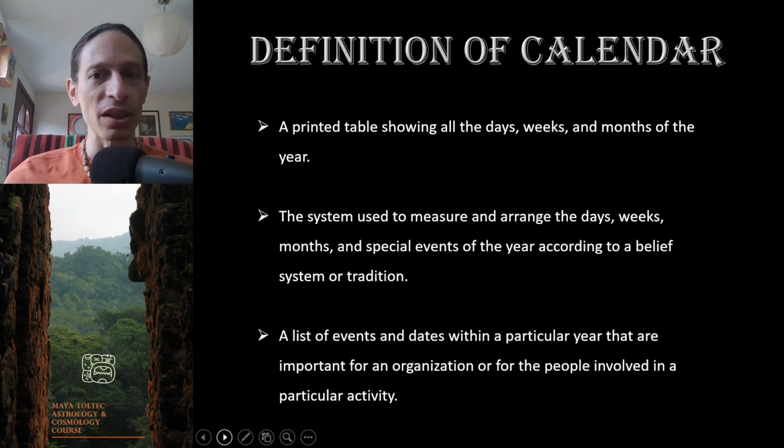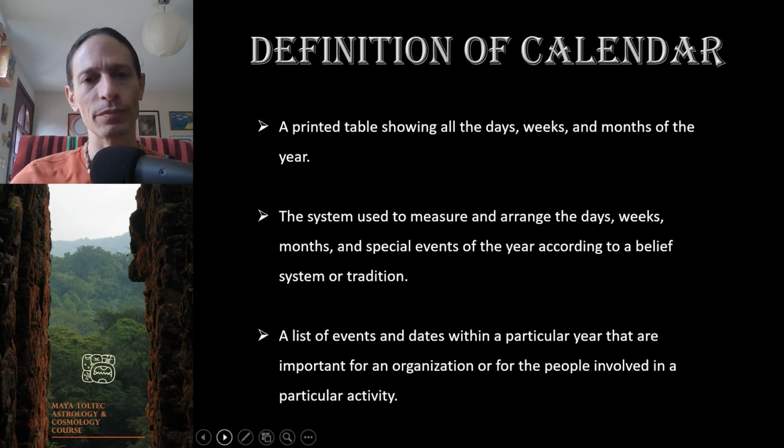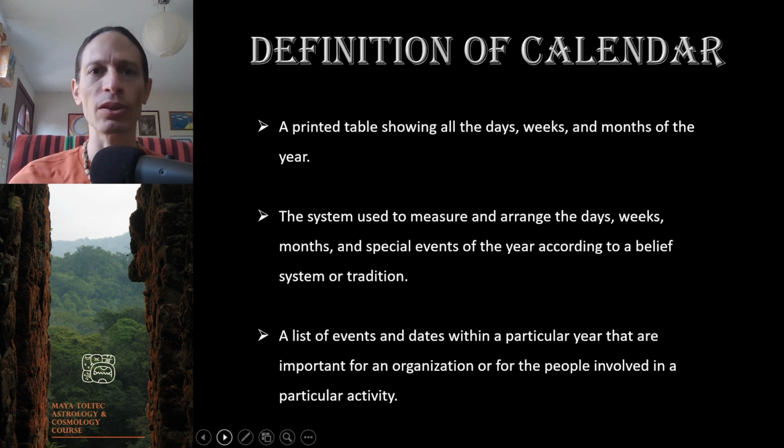We know that the word comes from calendas, which has to do with the moon. Ideally, there are cycles that are measurable. We know them: 365.24 rotations of the Earth in a rotation around the sun. That's kind of our main cycle. Then, of course, there are all the cycles of the rest of the planets.